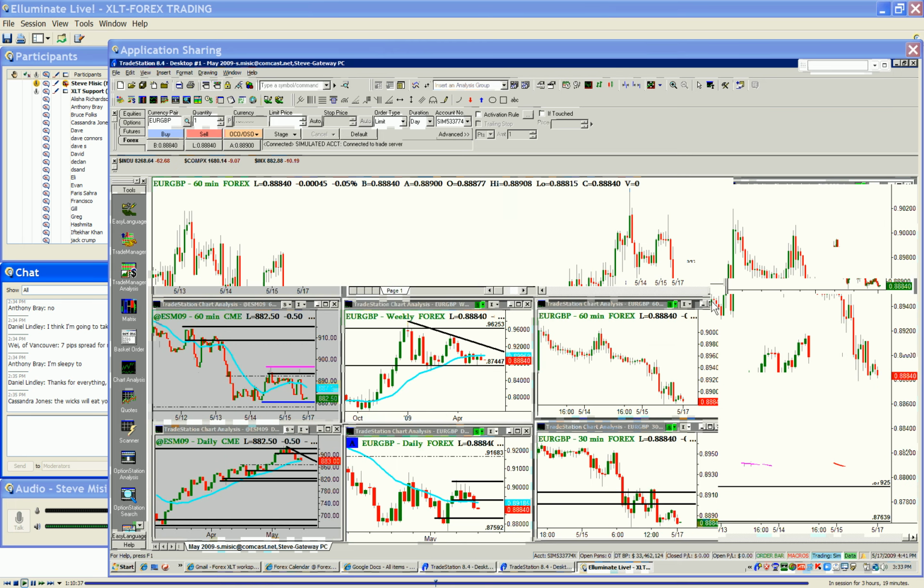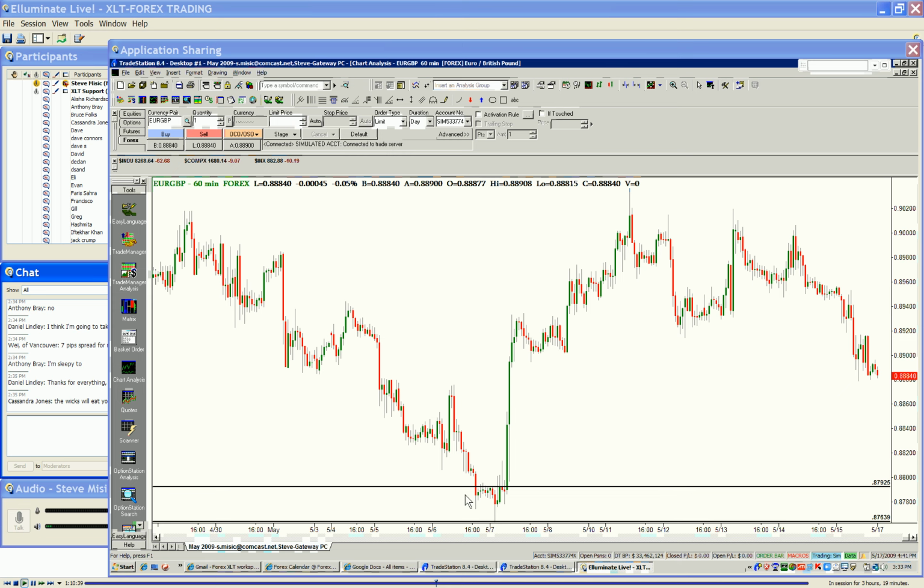And if you go down to our 60-minute chart, okay, that's that level down here, the origin of this great big move up. And if you're watching it and trading it and following it on a 60-minute chart, it almost looks like that area we were just talking about on the Euro Swiss, where you had the super big wick,